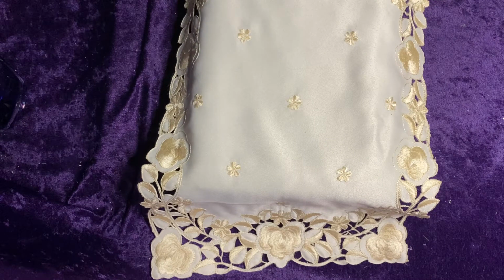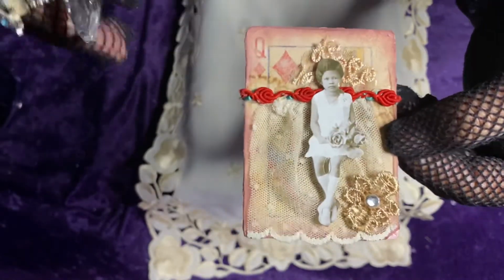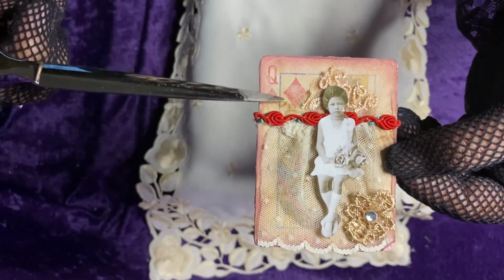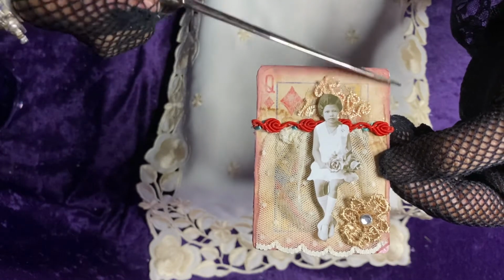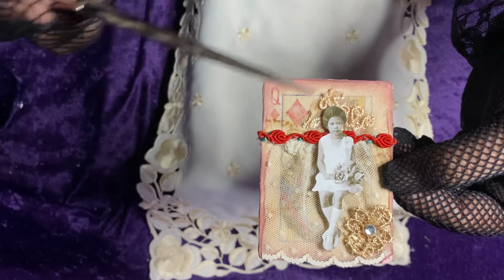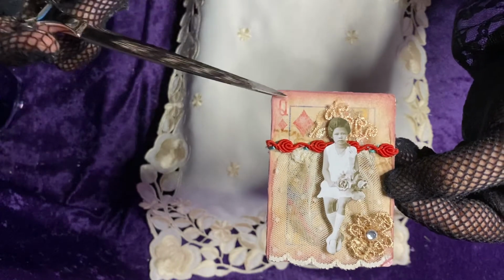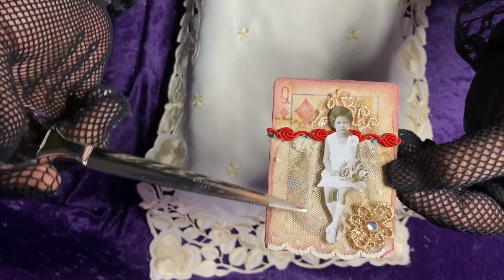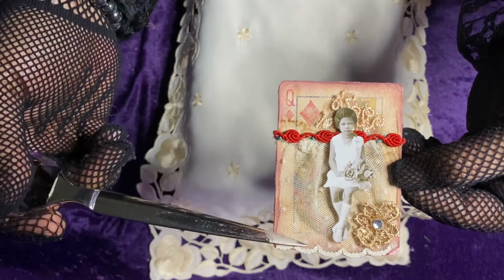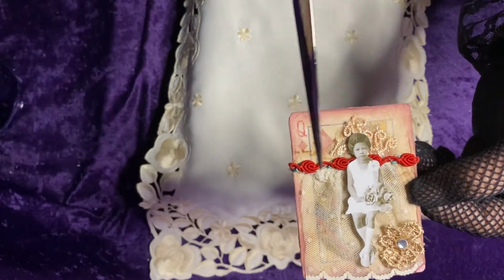Number 12, the Queen of Diamonds, is this lovely vintage Tim Holtz figure of a girl. The back is coffee filter, and then I used the oxide ink to stain and color that a little bit. I placed a strip of lace onto the playing card, and then I used an